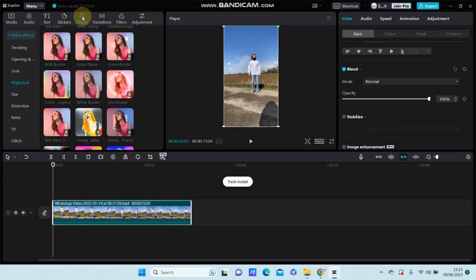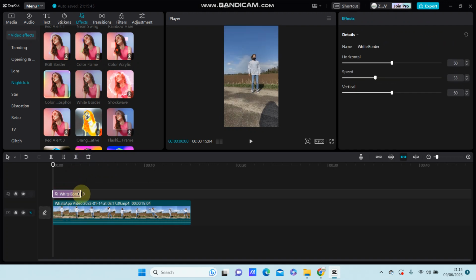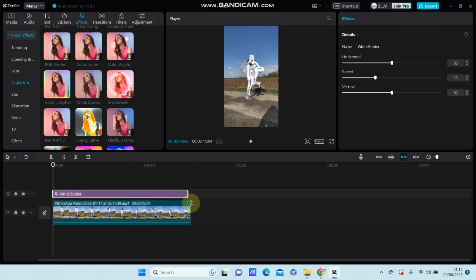I'm just going to effect, select my clip, video effect, and you can find white border here and add to the right. And you can adjust the options right here for the horizontal, speed, and vertical, and you can see for the final